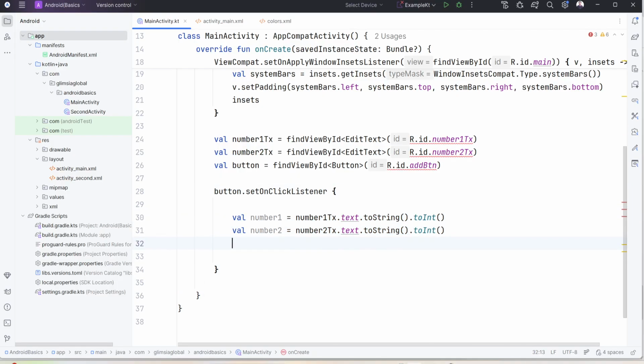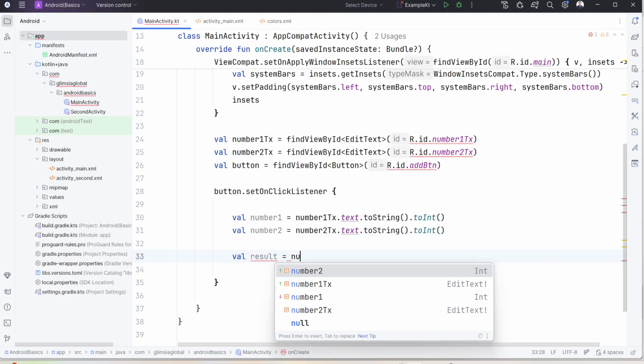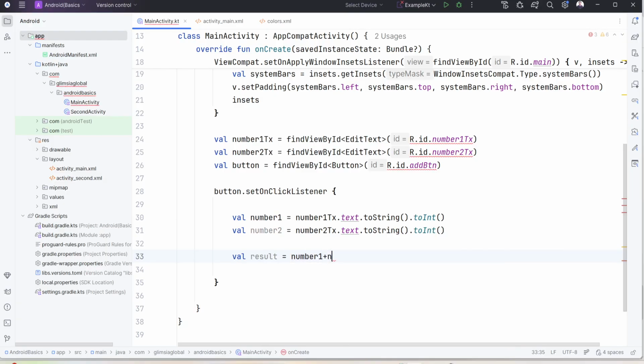Then first we will add these numbers in a result variable, result equal to number 1 plus number 2, okay, like that we will add. Then what we will do, we have this result, correct, the addition result we have already. Now we can show it in a toast